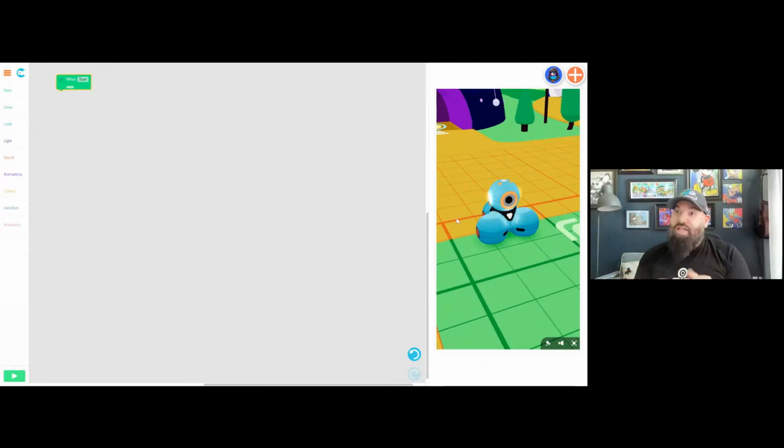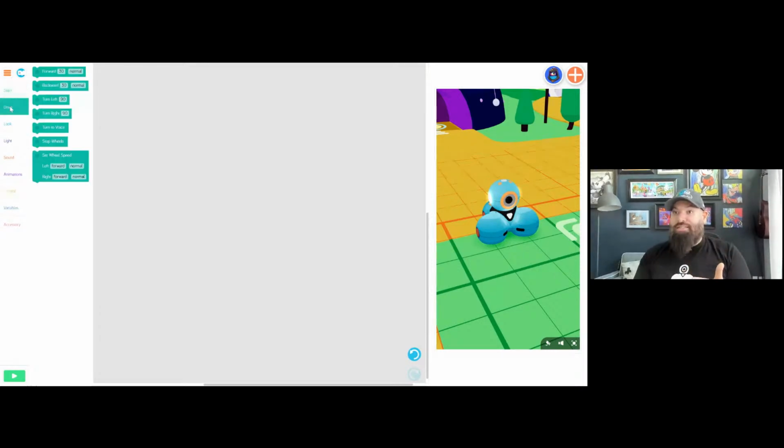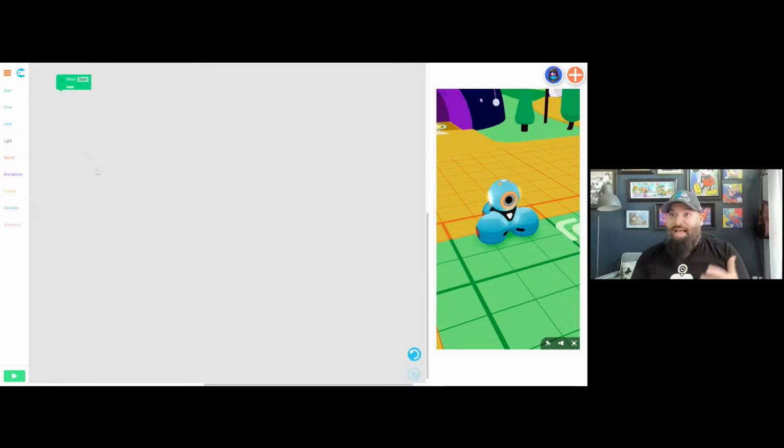Now, if this is your first time using Blockly, welcome. This is Wonder Workshop's version of Blockly. And we are able to go in here and add in all sorts of different movements and motions and sounds, and in this case, variables to make Dash, our virtual robot, do lots of different things. In order for us to make Dash do something, what we need to do is